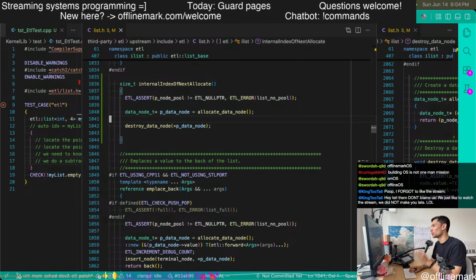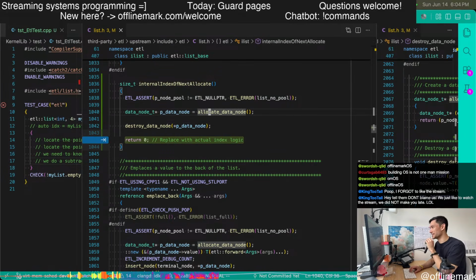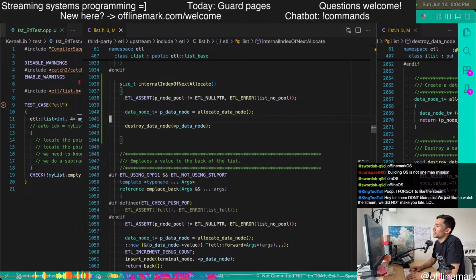Okay, so we allocate a node just to get the index. So we got the pool, we make sure there is something there.